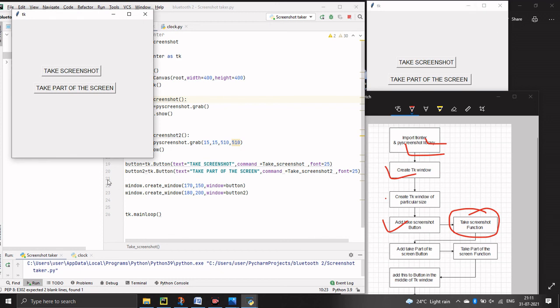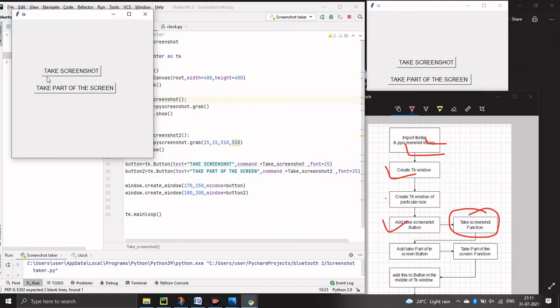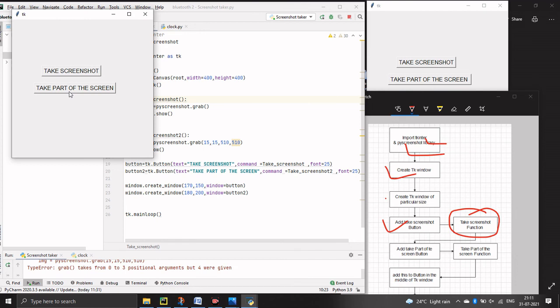To take a screenshot of the whole screen, click on take screenshot. You can see that a screenshot of your laptop screen has been created. If you want to take a screenshot of some particular part of the screen, just click on take part of the screen. After clicking on take part of the screen, we are getting an error.